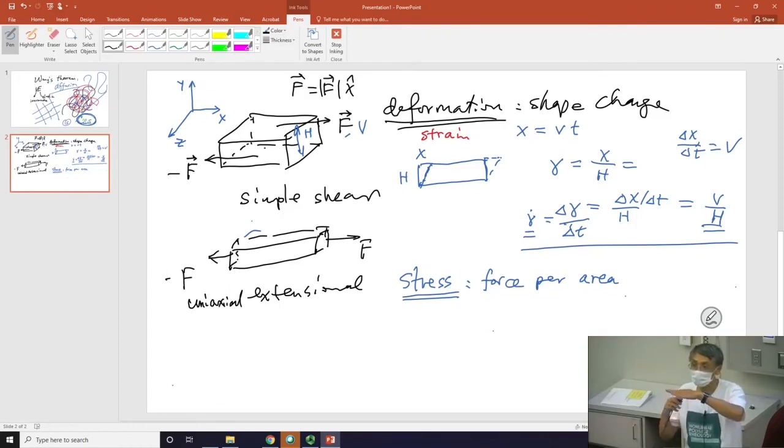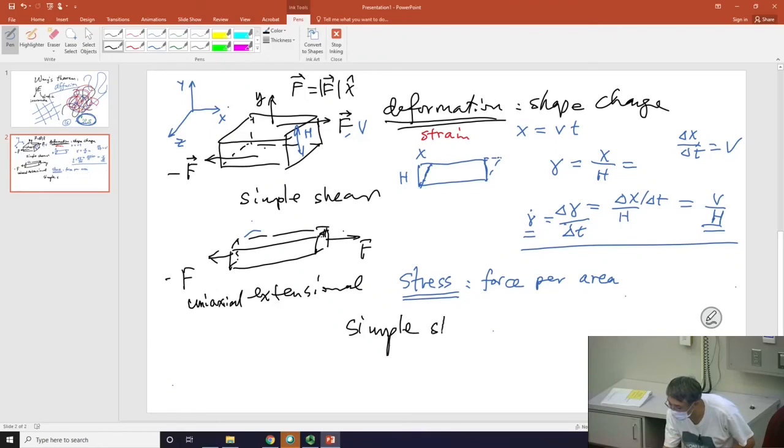The way we define a surface is we define its orientation by looking at its norm. Its norm is in the y direction. I have a horizontal plane, just like my book. So to describe this peculiar force, which we can call the shear force, or better yet, shear stress, why do I say simple? I don't have to say simple shear. It is simple. It is shear. Shear stress